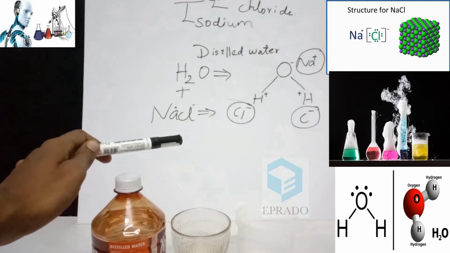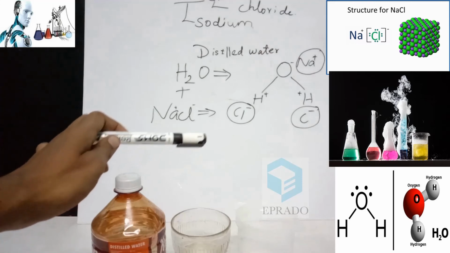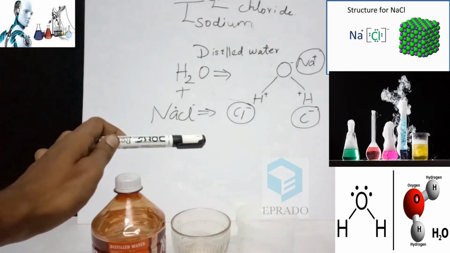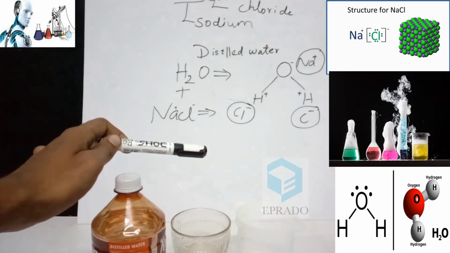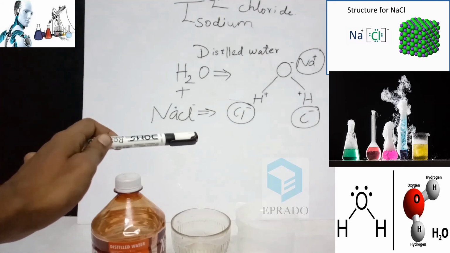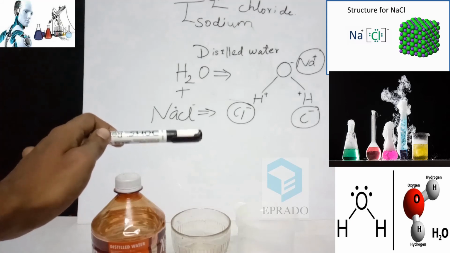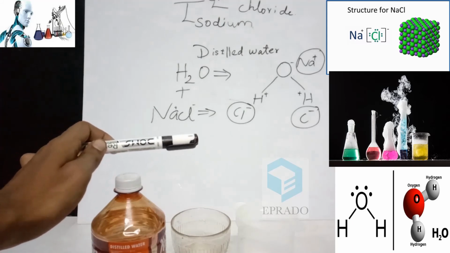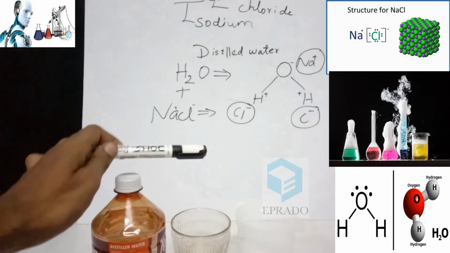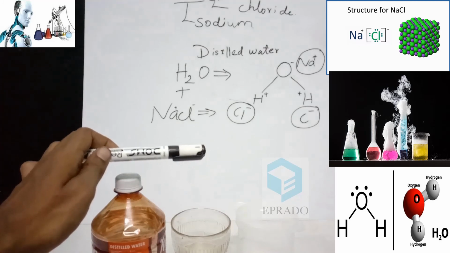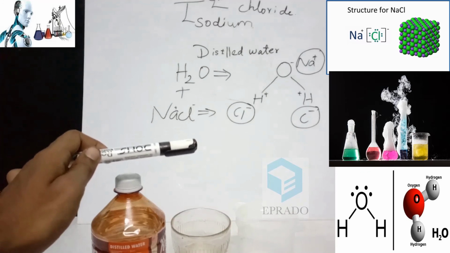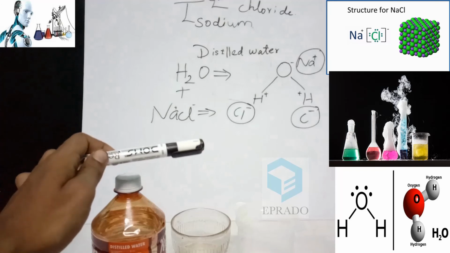This point is called the saturation point. After this point, the amount of liquid, that is water, in this bowl cannot accept sodium chloride molecules anymore, and hence the chemical reaction has ended. If we want to dissolve this sodium chloride, then we need to add some more water, that is H2O, so that this H2O will separate the sodium chloride molecules into sodium and chloride ions.